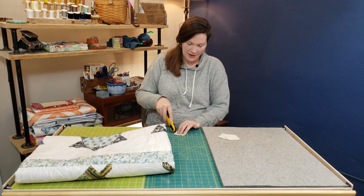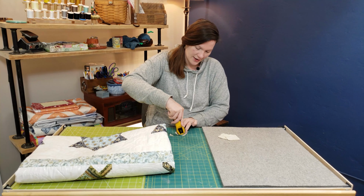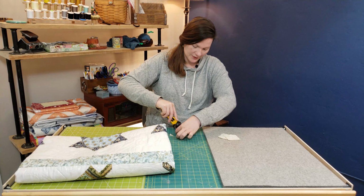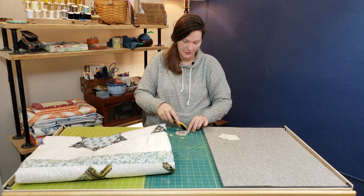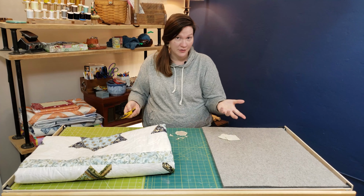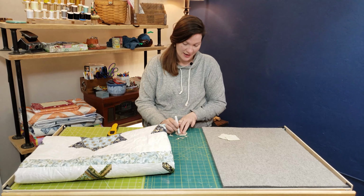Whether you pre-cut your fabric, or use AccuQuilt for your fabric cutting, or you use pre-cut 2.5-inch squares, or you cut them with scissors and templates and draw it, however you do your paper piecing, you can use this method, which is awesome. Or you can use needle and thread, it's entirely up to you. I showed my mom this